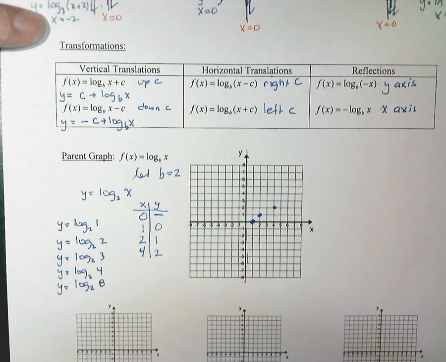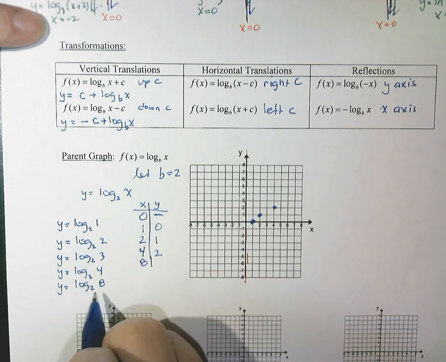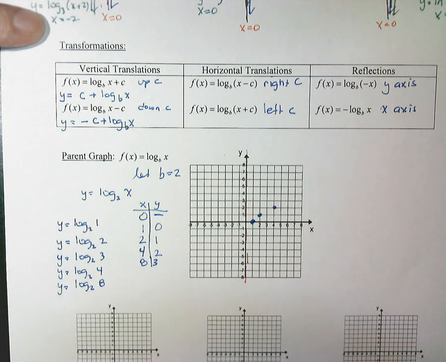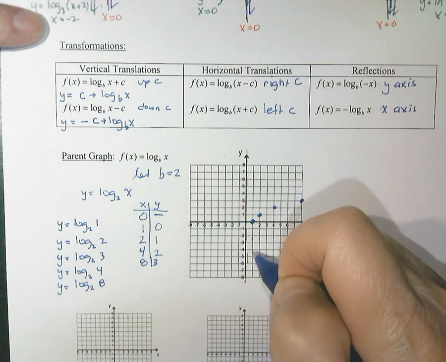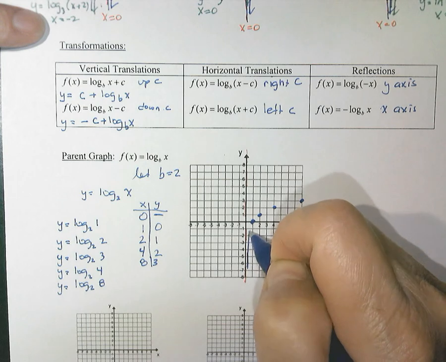Log base 2 of 8. So 8 is my x value. I'm looking for the exponent. 2 to what power equals 8? 2 to the third power equals 8. So I'd plot the point 8, 3. Just like an exponential function, I could keep getting closer and closer to this asymptote. So I have to show it